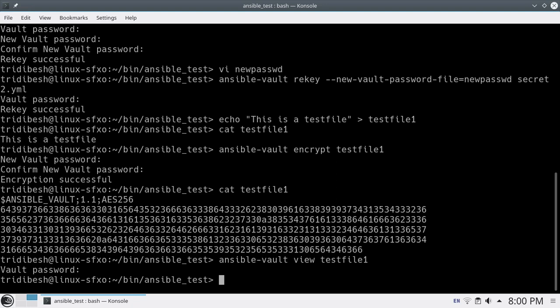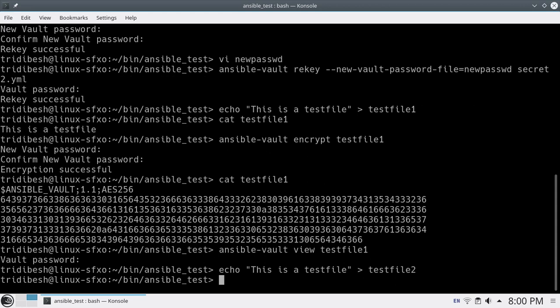Now suppose you want to create one more file. Let me do this, echo testfile2. Now I don't want to directly encrypt this file, but from this file I want to create a new encrypted file. So what you do, encrypt testfile2 to newfile2.